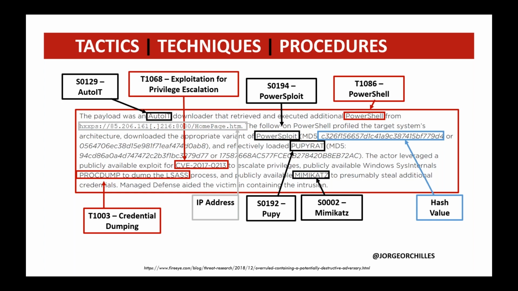As you continue to go through, you'll see PowerShell exploit is on there. You'll have a hash value, that's another IOC. You have Mimikatz, you have process dumping, and you have a vulnerability that was exploited, which is also linked to exploitation for privilege escalation in technique 1068. So you read through these reports, you pull out these various different TTPs for the adversary that you're going to